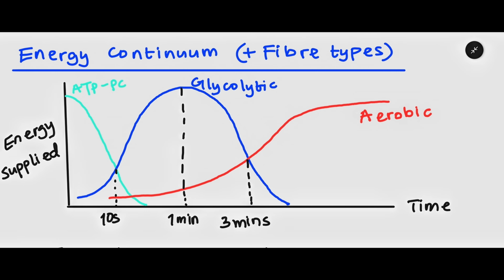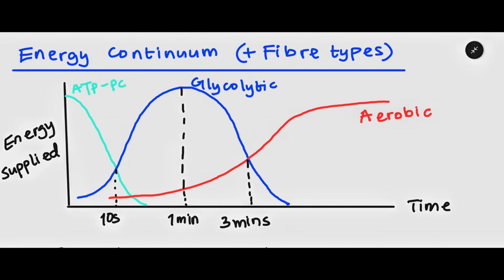For example, in the first few seconds of an all-out effort, the ATP-PC system dominates. As the effort continues, the anaerobic glycolytic system becomes more important, and over longer durations, the aerobic system becomes dominant. So imagine a timeline. At around 5 seconds of all-out work, ATP-PC is the main contributor. Around 30 seconds to 2 minutes, the anaerobic glycolytic system plays a much larger role. And by the time you get into longer duration exercise, such as 10 minutes, 60 minutes, or beyond, the aerobic